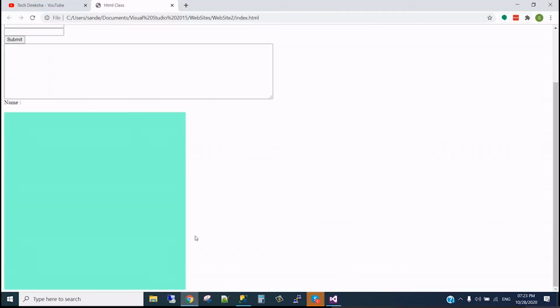If I refresh this, you will see this is the fieldset with a line border. We didn't need to set any border width or border color. This fieldset itself makes a field with the line over it, and this legend comes at the top of this fieldset